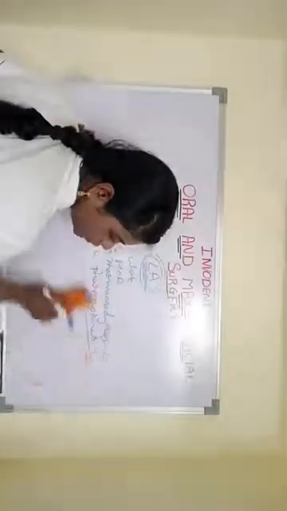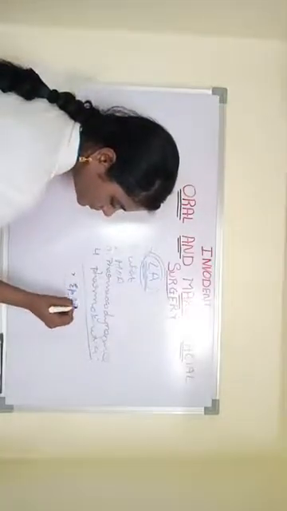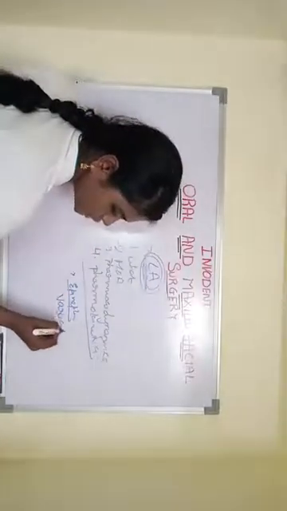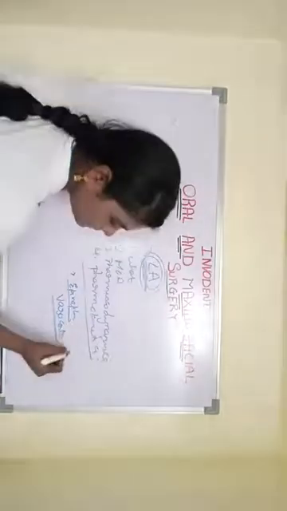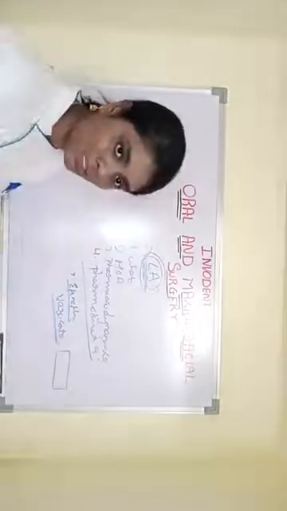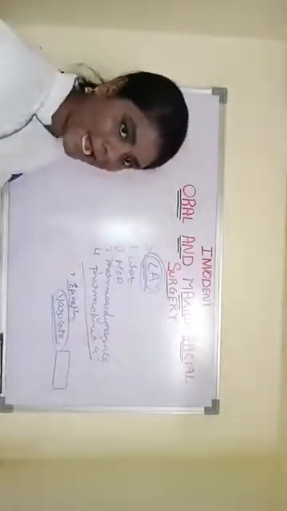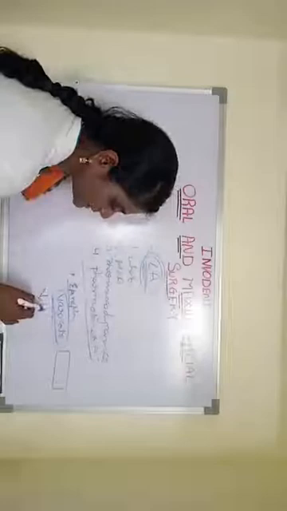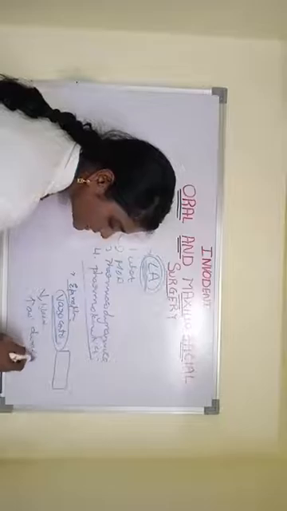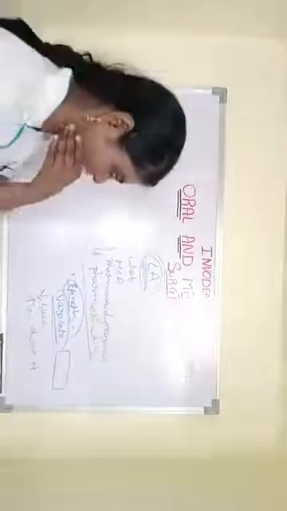Then we add something to our lidocaine or all our local anesthetics, that is epinephrine. This epinephrine is added to have the effect of vasoconstriction in that particular region where we are giving the local anesthesia. We don't want so much blood to gush in and disturb our anesthetic effect. So this vasoconstrictor is added to decrease the bleeding at that region and increase the availability and duration of the anesthetic effect. That's why epinephrine is given in the composition of our local anesthesia.